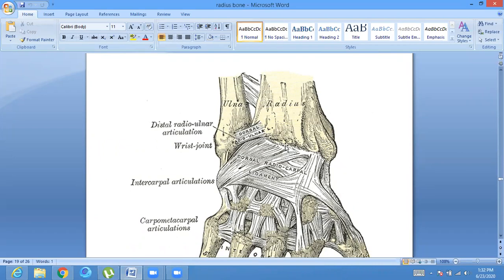The name is representing coming from the lower end of the radius or the ridge, and going towards the carpal bones. ठीक है, कार्पल बोन्स कितनी होती हैं? 8 कार्पल बोन्स थी। कितनी रोज होती हैं? 2. Proximal row and the distal row. Very good. Okay, so that dorsal surface has certain characteristic features.